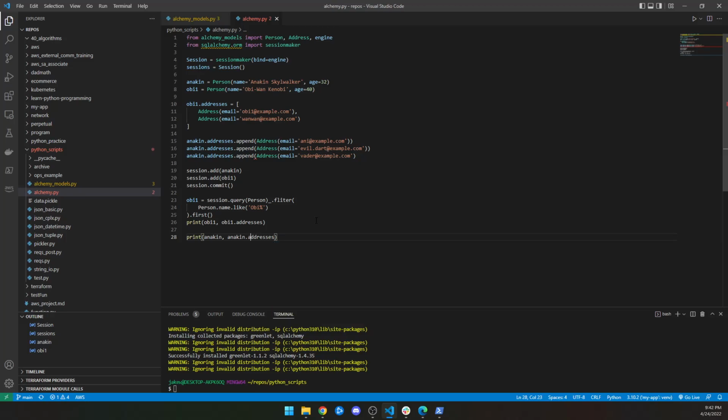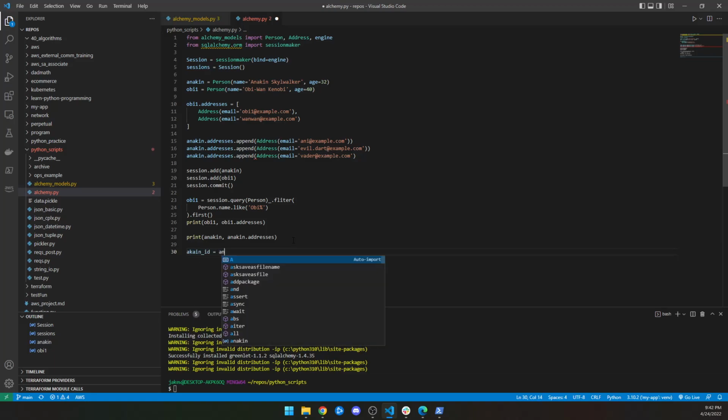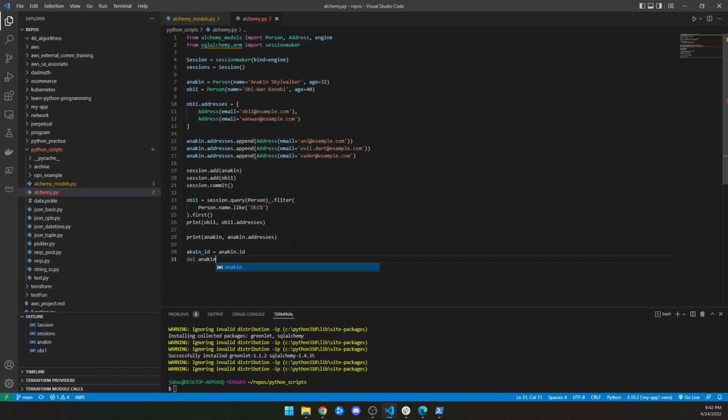like that. And that would give you Anakin's ID. You could delete the object. So to delete an object like that, you could do Anakin_id equals Anakin.id, and then just say del Anakin. And the reason you do that is you want to see how to fetch an object by its